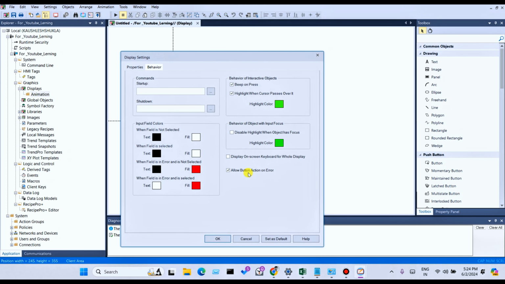Last is allow button action error. If you select allow button action error, you can see any button action error on your client area. On this client area, you can see here it is a client area. So always